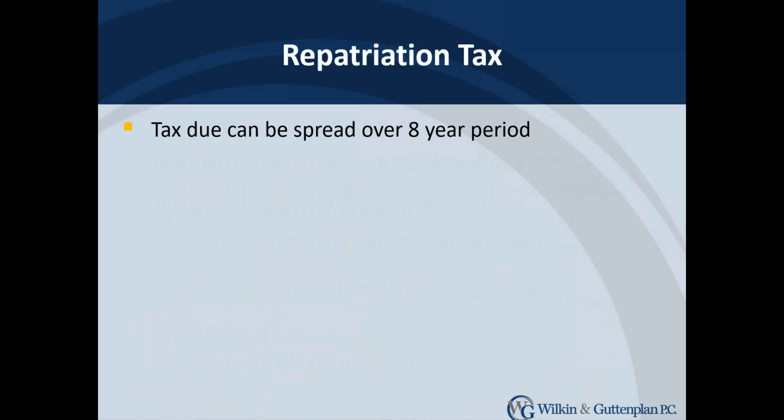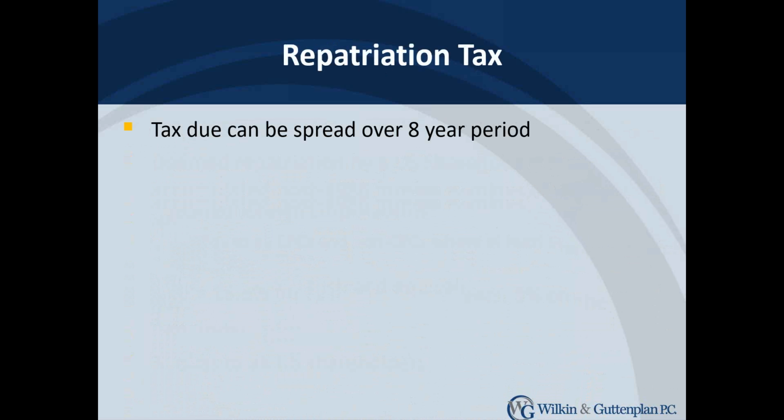So this, as you can imagine, would put a big tax burden on all taxpayers that have accumulated earnings and profits from foreign operations. So Congress was kind enough to give us a period over which we can pay this toll charge. The tax is due with the filing of the 2017 calendar year tax return. However, it can be spread over 8 years, as it says on the slide.